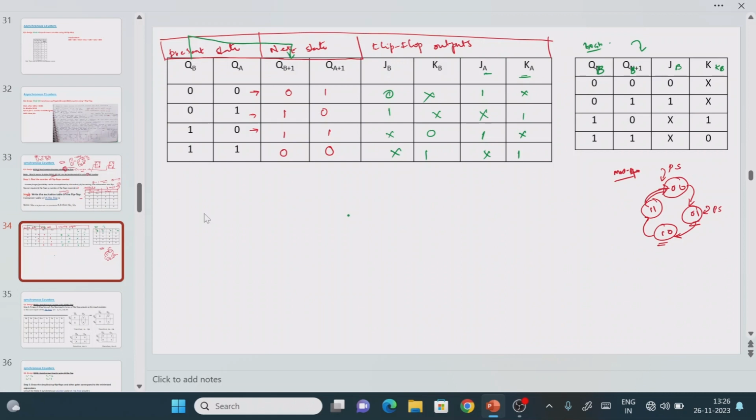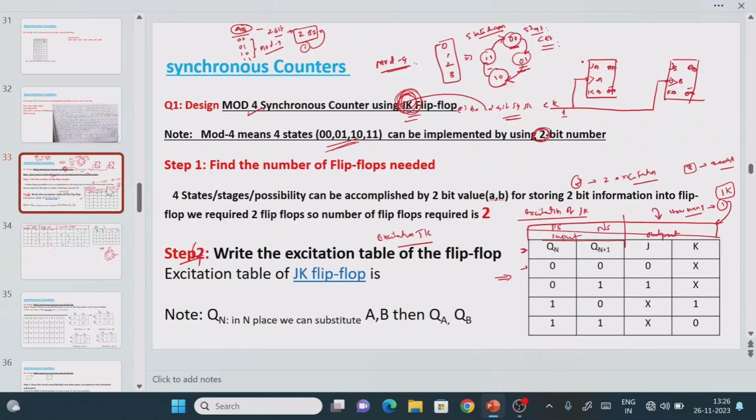Right? Now see that whatever we have done, this excitation table we have implemented in terms of the 2 flip-flops. Now what is the final intention? So here we have completed only 30%. Remaining 70% is what? We need to find out the value of JA, KA, JB, KB, so that it will become the final synchronous counter. It will automatically change the count, something like this, right? So the ultimate aim is that we are finding the JA, KA, JB, KB values, right?